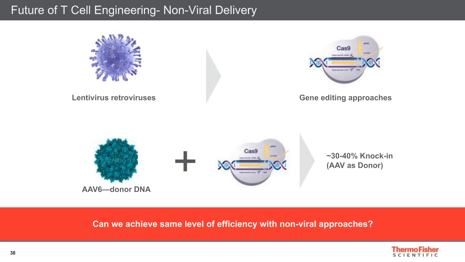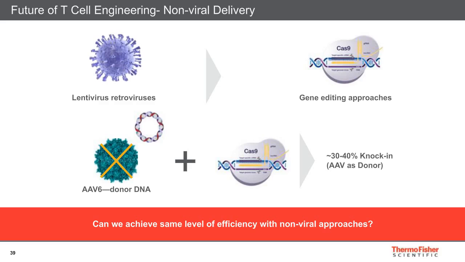Now, the next step, if you're going to replace lentivirus, is how do you incorporate the DNA inside the T cells? So not only you need to cleave the DNA, but you need also to have homologous recombination so the DNA can incorporate at the site of cleavage. Now, a lot of the methods right now can achieve 30 to 40% knock-in. One of the problems, though, is you need to use AAV6 as a donor DNA. So you have a combination of an AAV6 donor DNA with Cas9 gene editing, electroporations, and then altogether you can